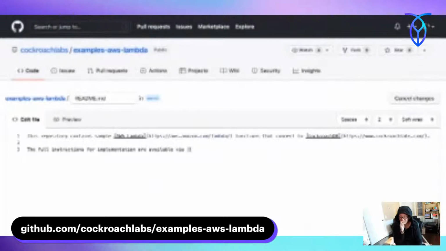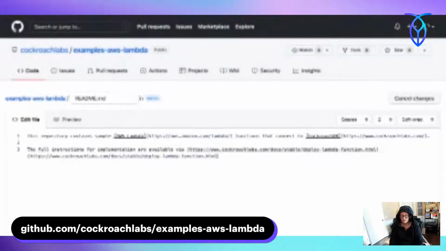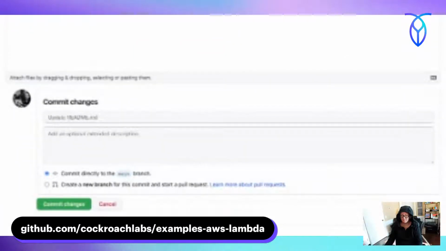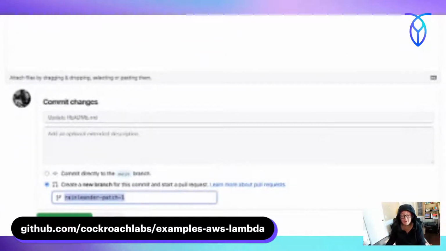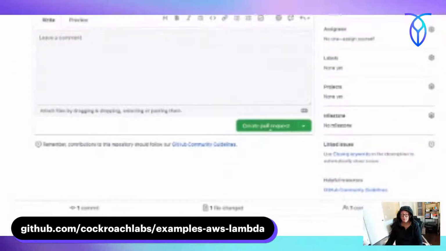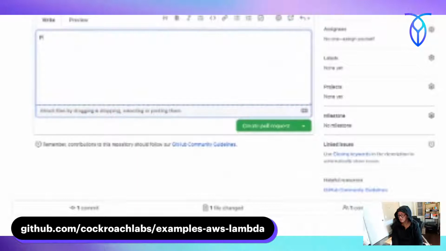And we're using markup. I'm sure that a docs person would be like, so normally create a new branch, propose changes, create pull requests